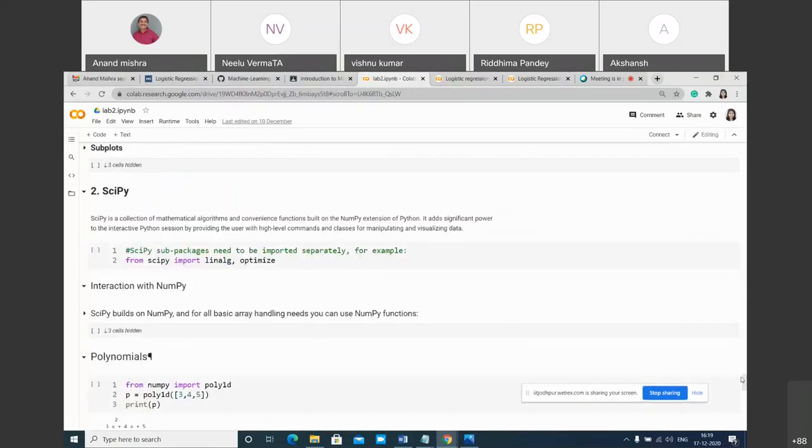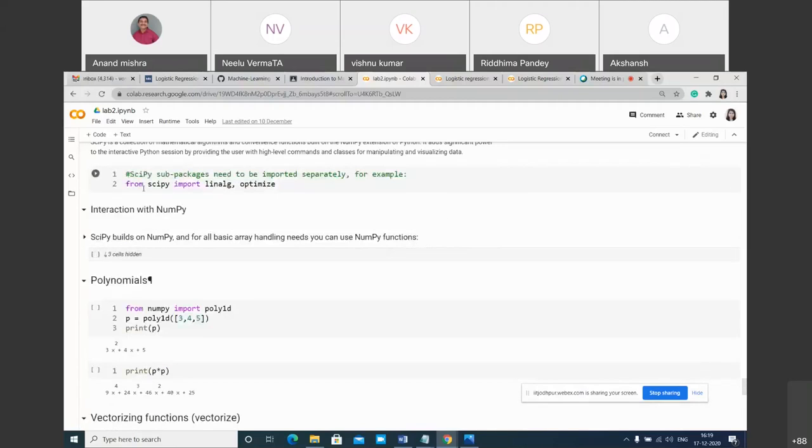Now, what is SciPy? SciPy is a collection of mathematical algorithms and convenient functions built on the NumPy extension of Python. It works with NumPy, because some functions are not available in NumPy, so it is an extension of NumPy with some extra or alternative functions.